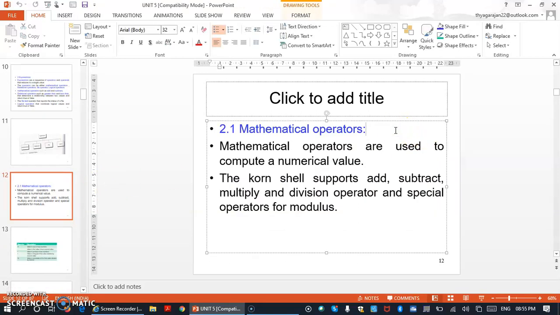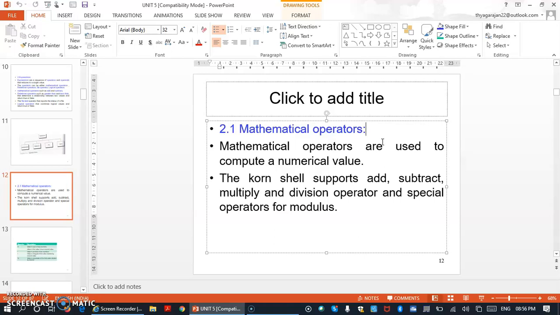Coming to the first one, mathematical operators are used to compute a numerical value. Operators like plus, minus, divide, modulo, we call mathematical operators.